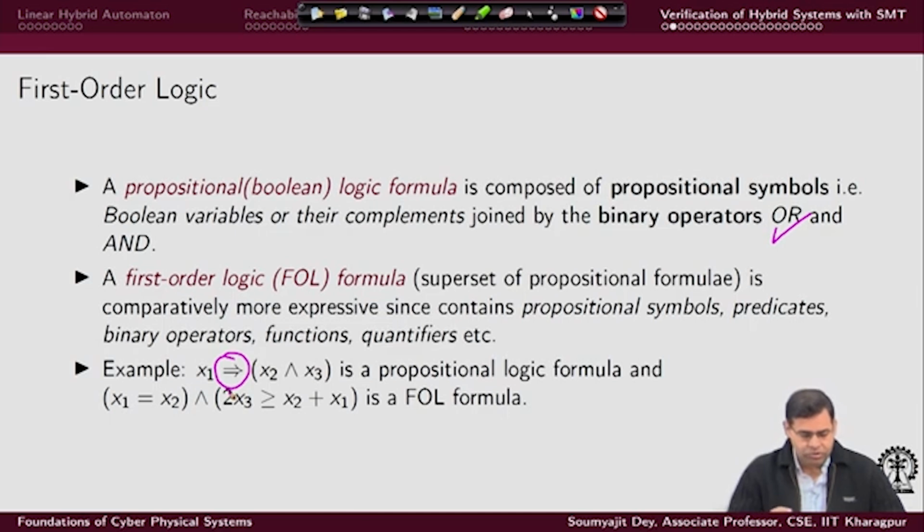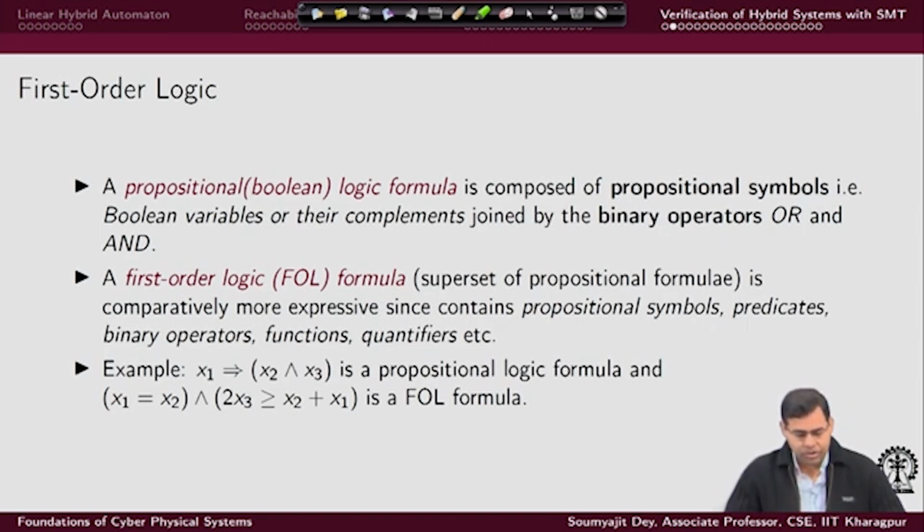So, you write it in the general form A implies B, where both sides can be propositional formulas, and what this means is that whenever A is false, the entire statement is vacuously true, and whenever A is true, then B needs to be true for the entire statement to be true. So, that is an example, and you can have similar examples of first order logic formulas, and they can also have